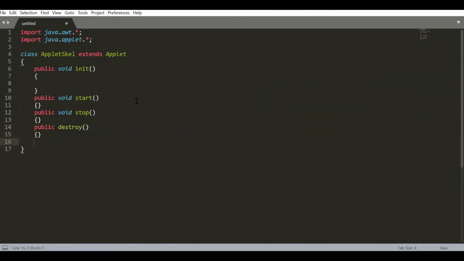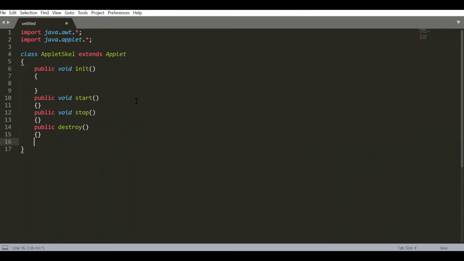Right, now we'll use the paint method. Whenever you think of an applet window, basically everything is being drawn. As on a canvas, you use a paintbrush with different colors. Even if you write a text, the text has to be drawn with the paint.